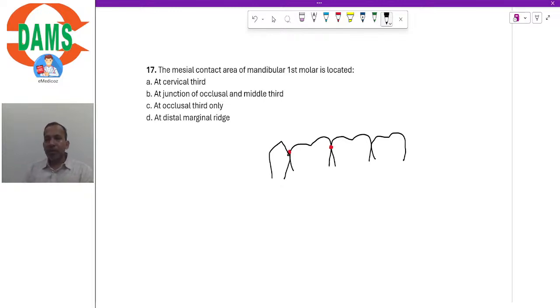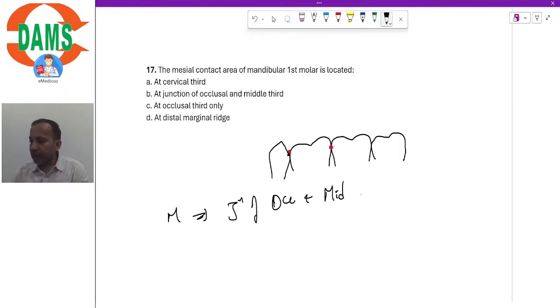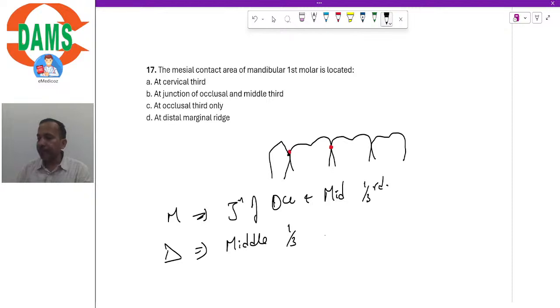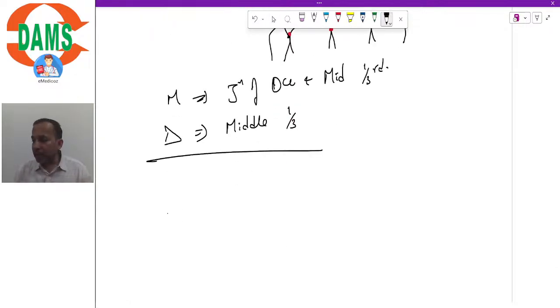So always remember that for any posterior tooth, premolar or molar, maxillary or mandibular, the simple rule is: mesial contact is at the junction of occlusal and middle third, and the distal contact is in the middle third. The only exception to this rule is the mandibular first premolar. Here the distal contact is higher